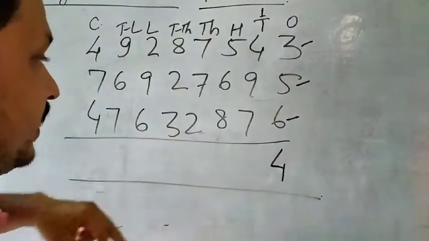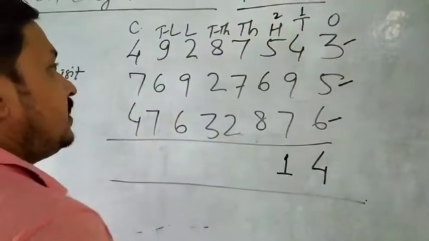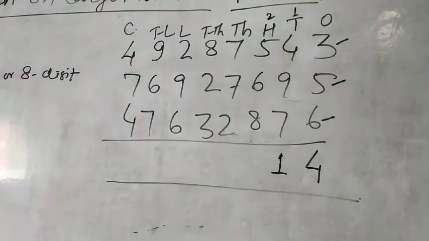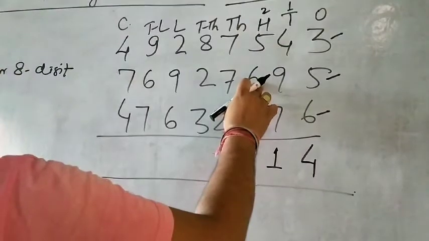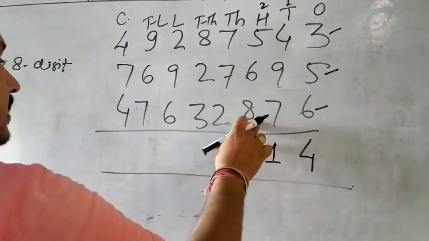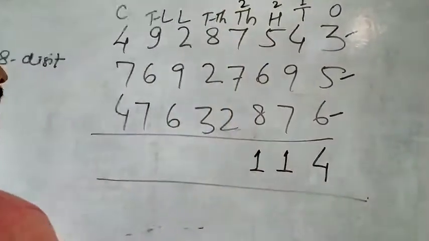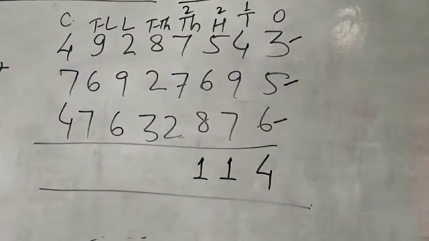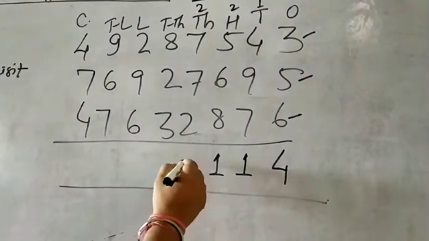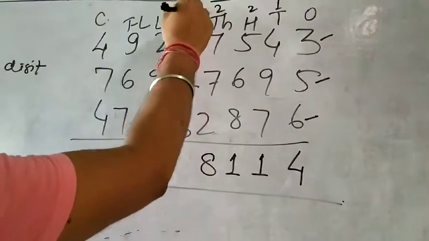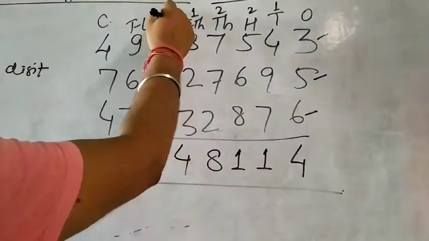14, 14 or 7, 21. We got 2, 1 and 2 as a carry on. 5 plus 2, 7, 7 or 6, 13, 13 or 8, 8, 3, 21. We got 2 also as a carry on. 7 or 2, 9. 9 or 7, 16, 16 to 18, carry on 1. 8 or 1, 9, 9 to 11, 11, 3, 14, carry on 1.